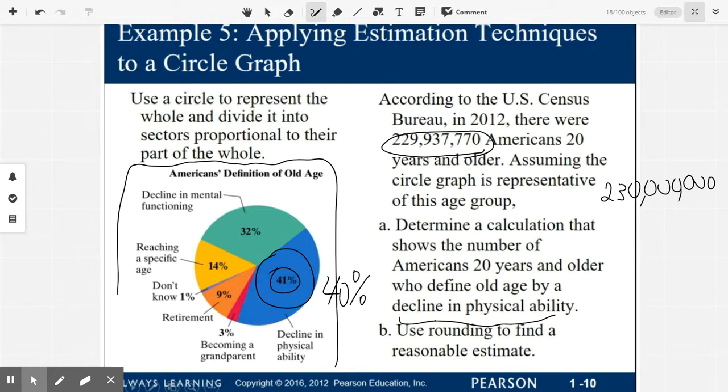So you have a calculator. All right, I multiply this by 0.4. I'm going to do it on my calculator real quick. So 230 million times 40%, which you would put in as 0.40, or on your calculator, you can put 40%. And that is about 92 million. So I'm multiplying that by 0.40. So about 92 million